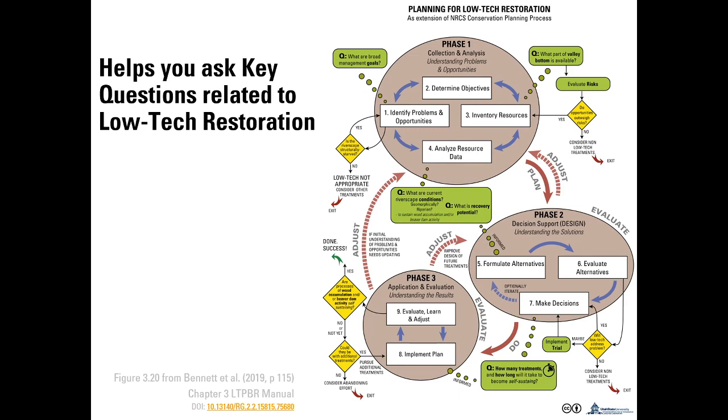And we've taken that concept and added some specific elements related to low tech that will help you work through the process and address key questions, which are the green boxes, and then also make some key decisions. The yellow areas help you decide, do we continue or not with this type of approach based on the information we're getting. So you don't have to worry about the ugliness of the diagram at this point. Simply to say that we've added some components along the way that'll help you work through this process.